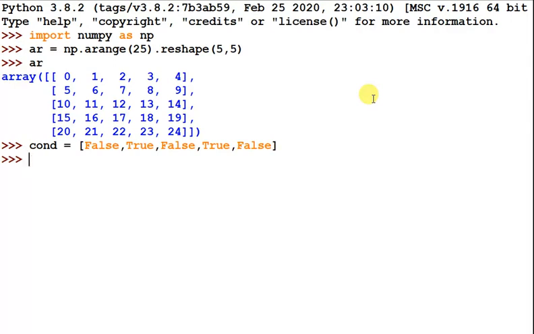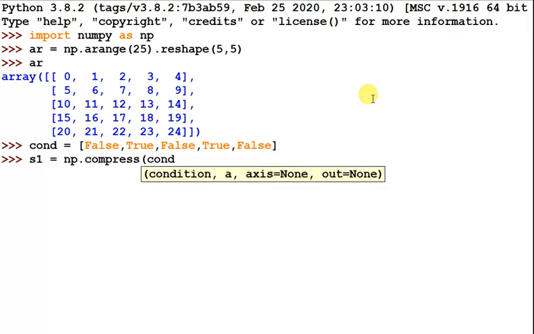So you can form a condition, and then you can use, suppose S1, I am using np.compress, then the condition, and then the array. The array is here AR, and then axis, on which axis I want to apply.